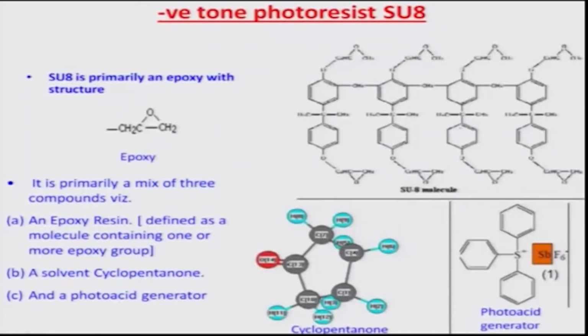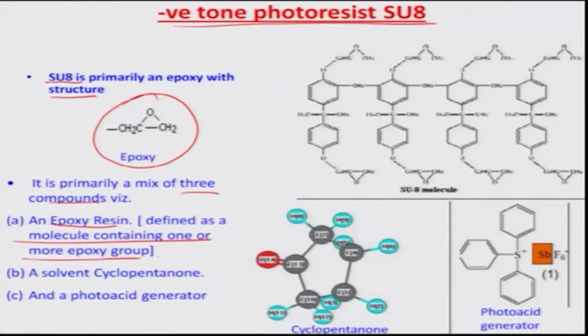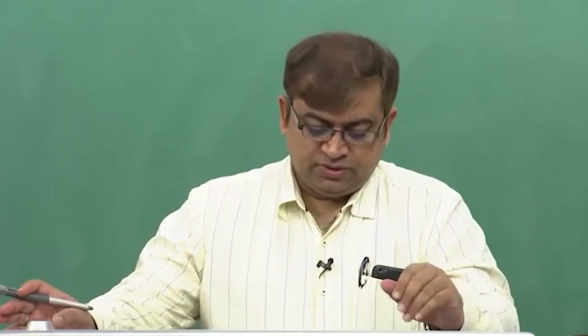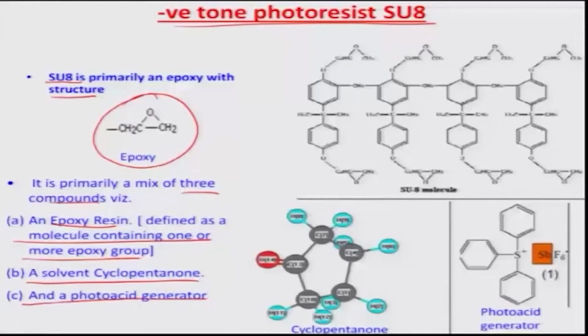principles. And let us look at the basic theory behind the photoresist, and this is about SU8, which is actually a negative tone photoresist. So you have an epoxy like structure of the resist, and it primarily comprises 3 different compounds. One is the epoxy resin, defined as a molecule containing 1 or more epoxy groups, a solvent which is used for mostly carrying the epoxy resin throughout the coated surface. There is something which needs to provide the fluidity so that there is an overall coverage of the resist on the surface, and then there is a photoacid generator which is mixed into this epoxy resin and the cyclopentanone,